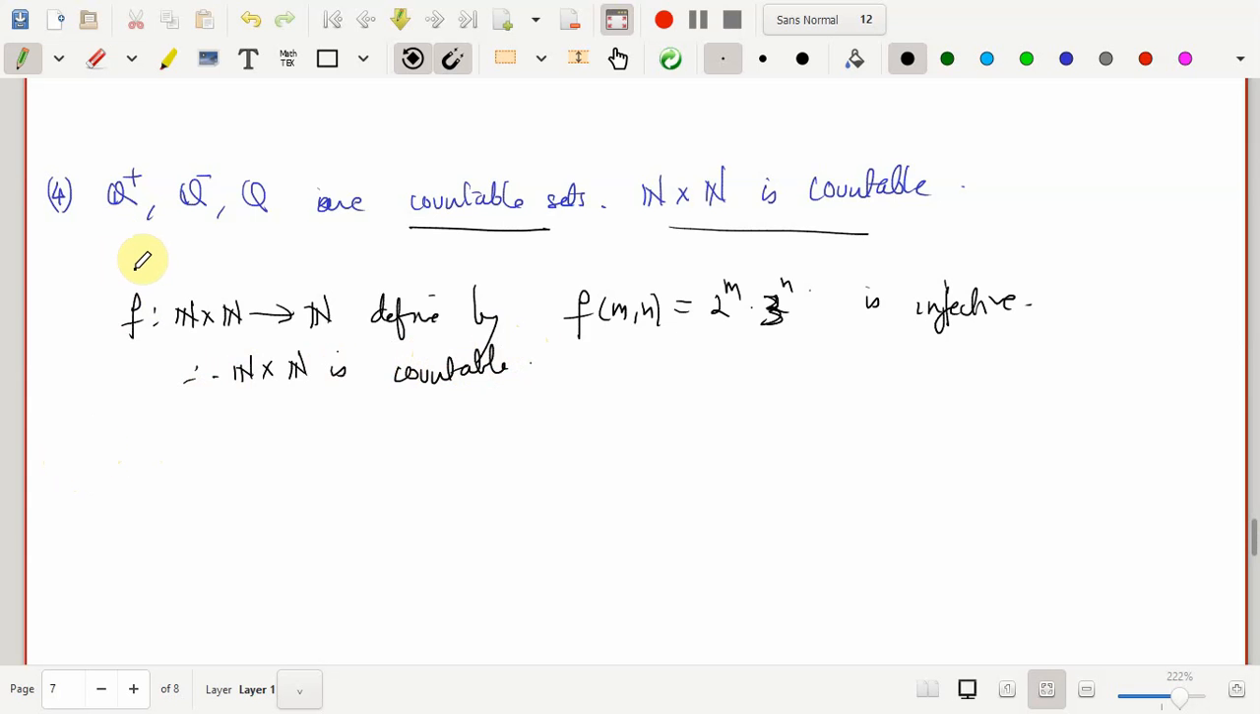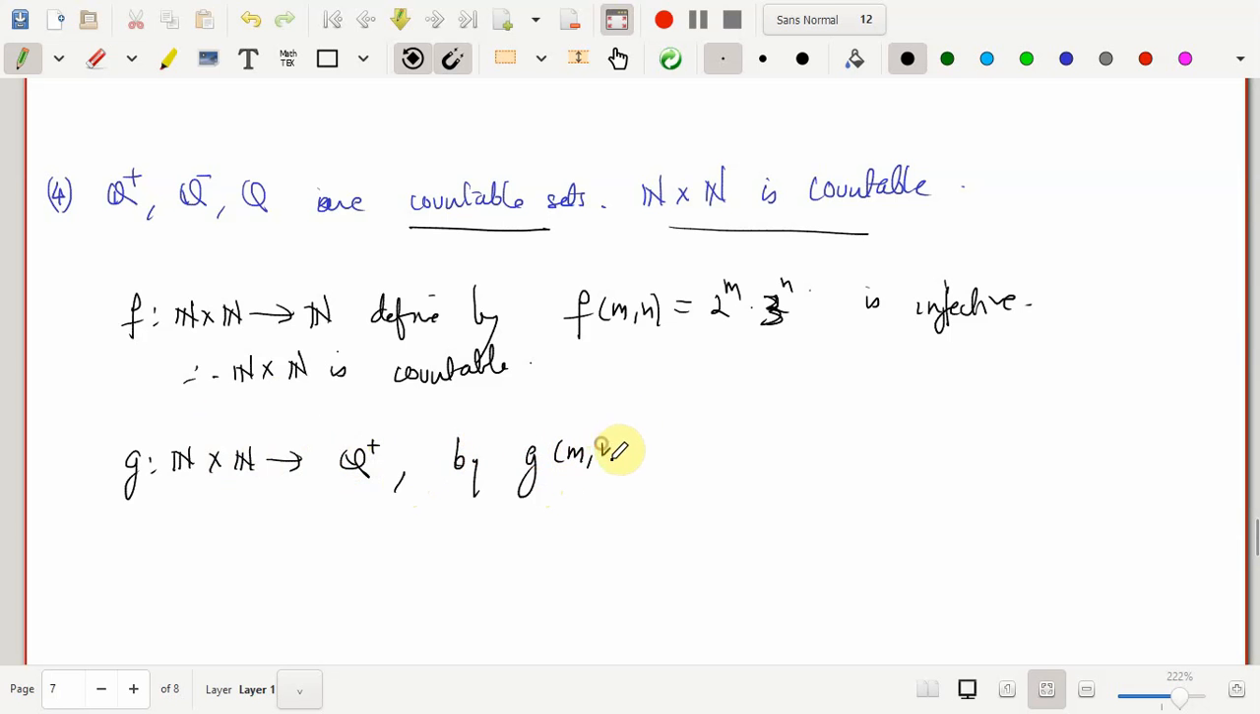Using the fact that N cross N is countable, now I can show that Q plus is countable. What you can do is produce a mapping from N cross N to Q plus, which is surjective. Why do we want it to be surjective? Because Q plus is coming over here as the codomain. If you wanted, you can also produce an injective map from Q plus to N cross N, but it is very easy to produce a surjective map from N cross N to Q plus, and it is defined by